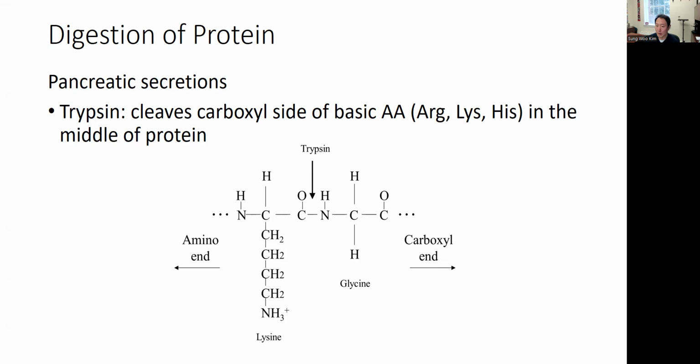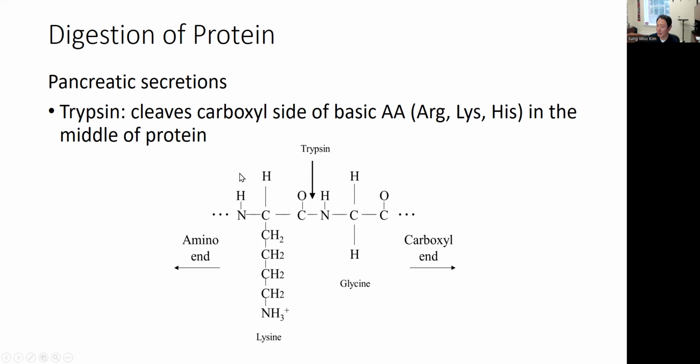Okay? So I'm showing you a small portion of a long polypeptide here, and I found the lysine. There's a glycine here. This is just an example. So trypsin will look for the R group of the basic amino acid. In this case, it's lysine here. So trypsin will look for this amino group on the R group of an amino acid. It identifies lysine, and then trypsin will cleave the peptide bond on the